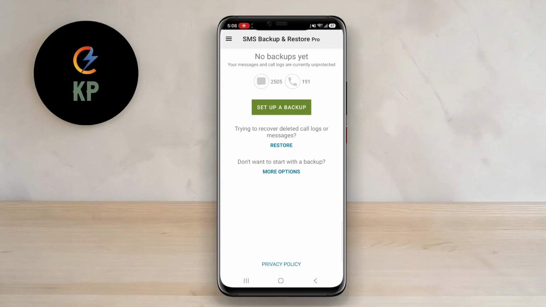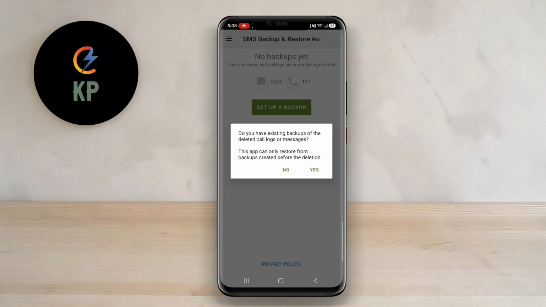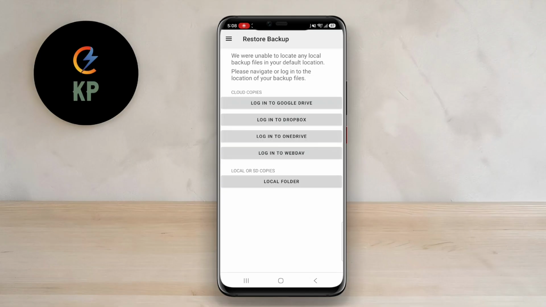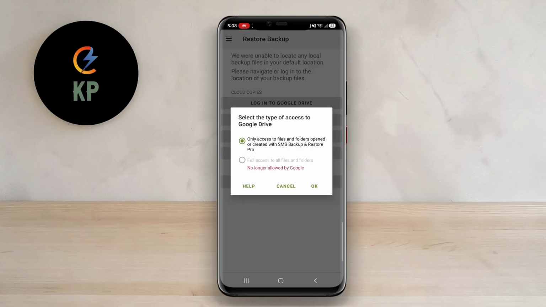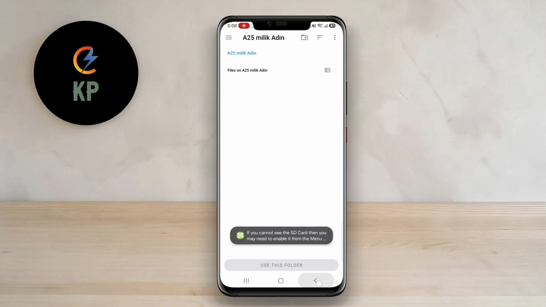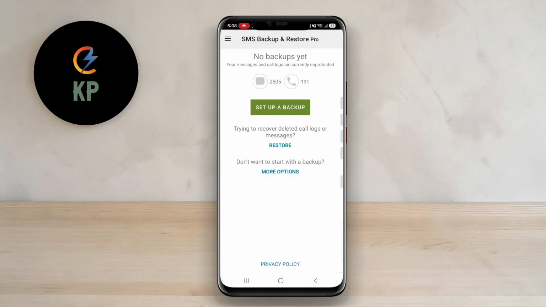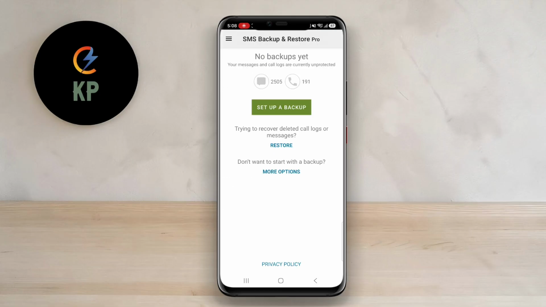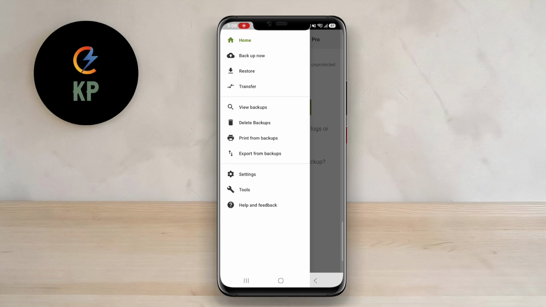The application supports automatic scheduled backups, allowing users to create regular backups without manual intervention. Backup files can be stored locally on the device or uploaded to popular cloud storage services such as Google Drive, Dropbox, and OneDrive for added security. Users can also selectively restore specific conversations or call logs instead of recovering the entire backup, providing greater flexibility during